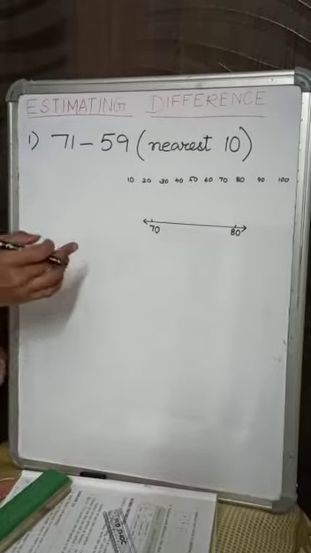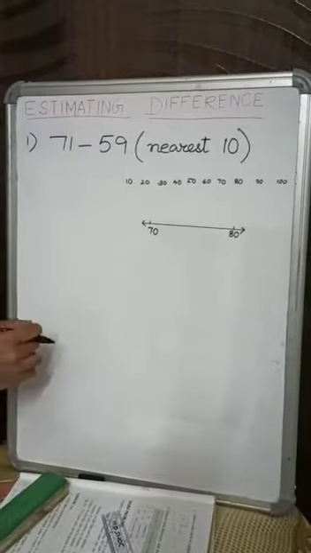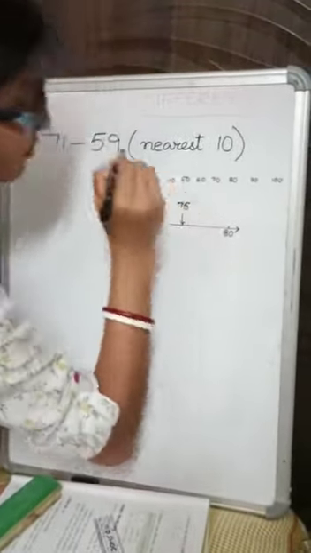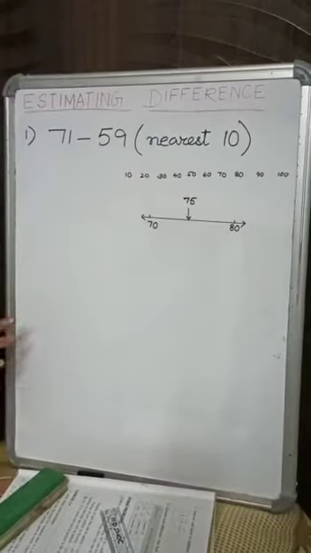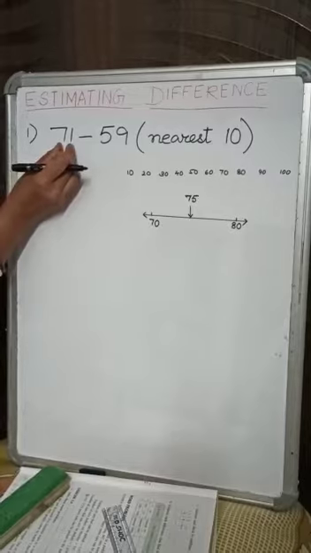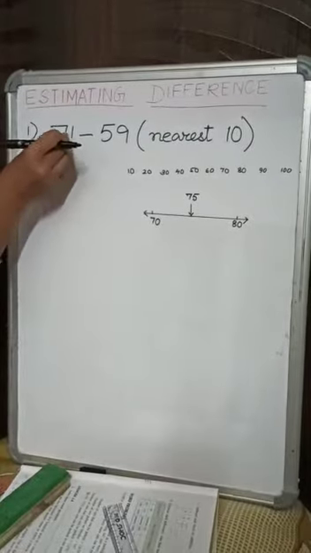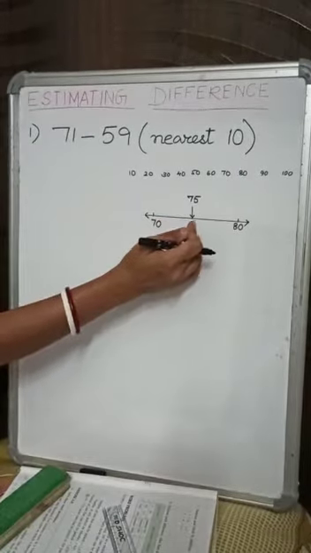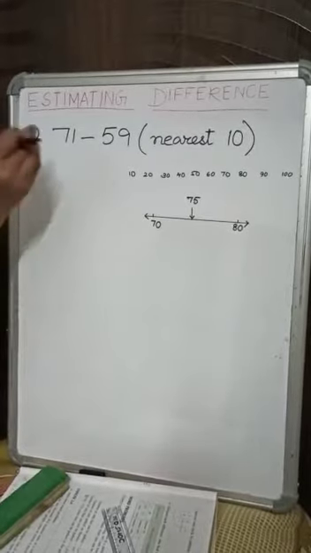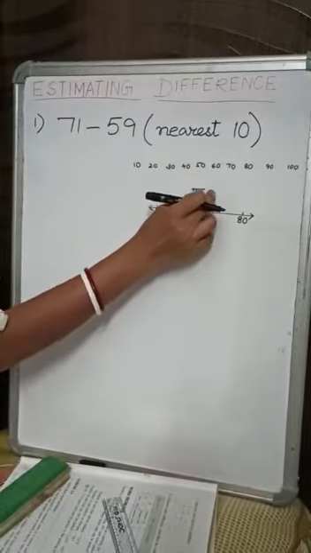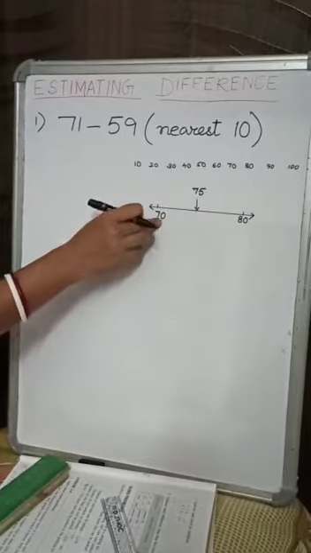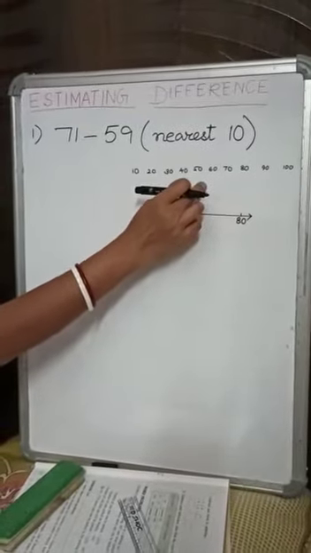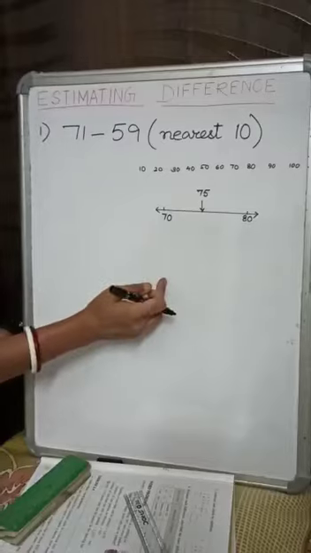Second step, to round off, you have to find the middle number. So the middle number of 70 and 80 is 75. Then you see 71. You try to find out whether the given number is less than the middle number or greater. If the given number is less than the middle number, then it will be rounded down. And if the given number is equal to the middle number or greater than the middle number, then that number will